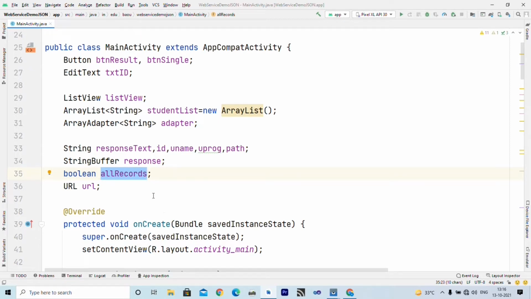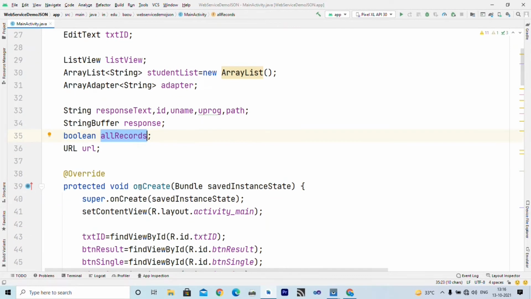So how can I know? Otherwise I would have to write two separate codes. So in order to reduce coding, we have taken this boolean variable all records. Only the URL is changed, the remaining code remains the same. If it is true, it means I want to fetch all records. If it is false, it means I want to fetch only a single record, and this is a URL object.